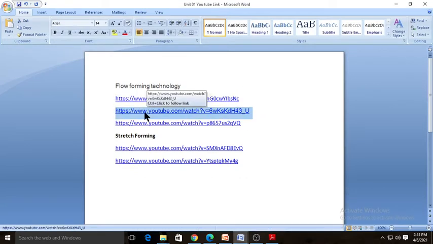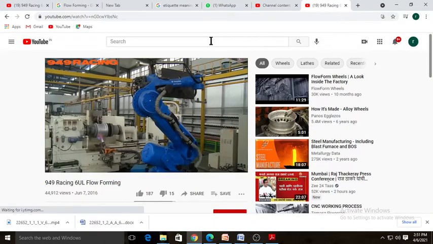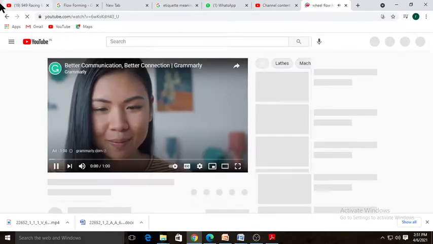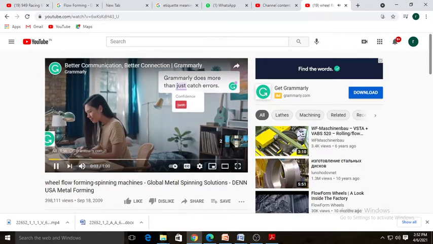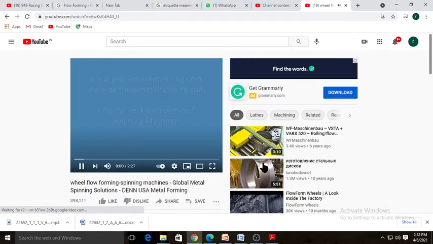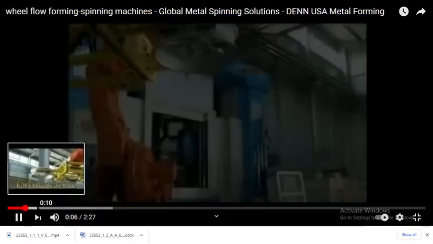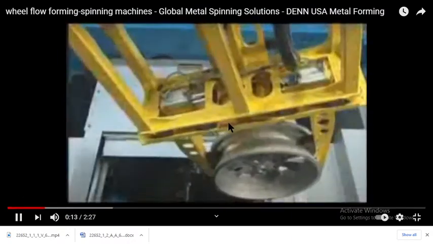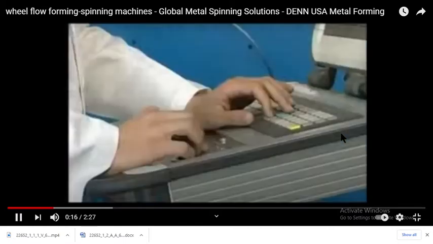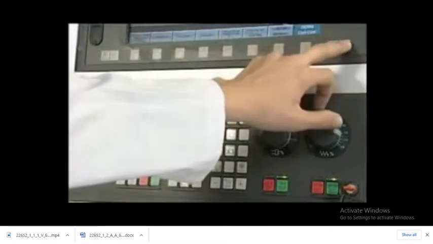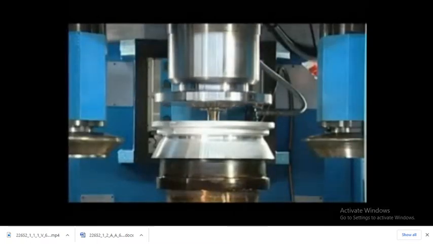Here we have another video. This is flow forming in the case of a wheel. The wheel is coming here, and it will be fixed onto the mandrel. The mandrel moves forward, gets fixed inside the workpiece, and starts rotating the workpiece.